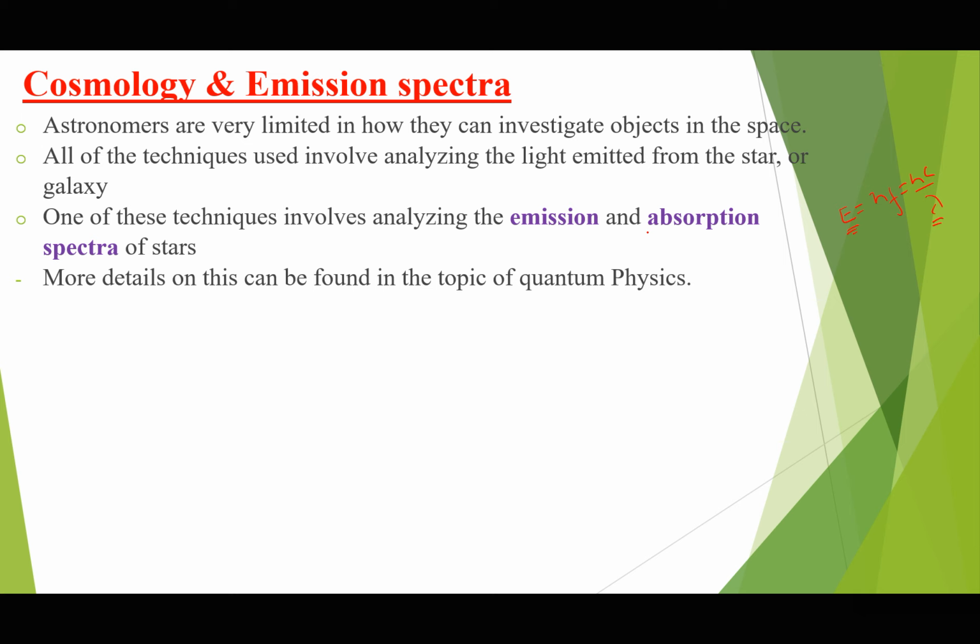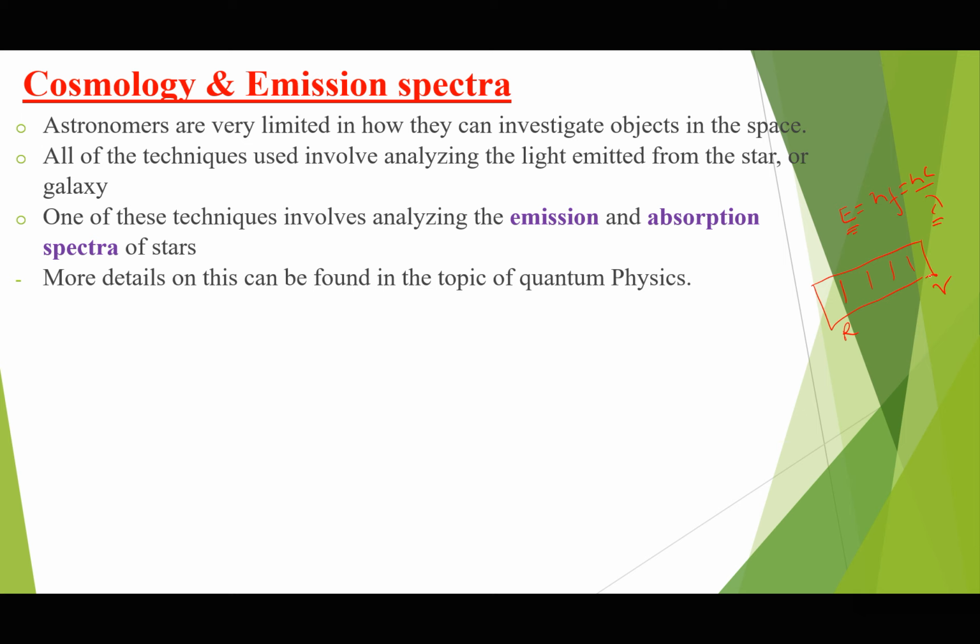So astronomers are going to concentrate on analyzing these lines, either the dark lines or the bright lines, which we are going to call spectra, or the spectral lines of stars. So I'm saying light from a different distant star. Instead of being the 7 colors ranging from red to violet, within the 7 colors you may find darker lines. These lines are the ones we are going to call the spectra.